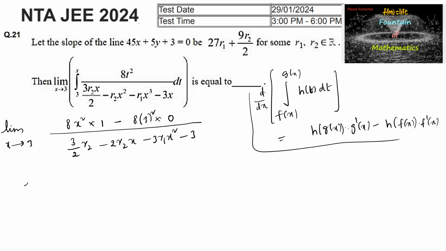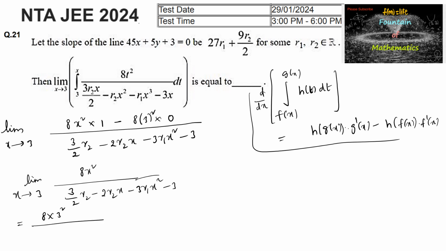so that the numerator can be taken as limit x tends to 3 of 8x square divided by, and here we can simplify r2. Now let us not simplify. So here 3 by 2 r2 minus 2 times r2x minus 3 r1 x square minus 3. Now let us apply the limit here. x tends to 3. So we can write 8 into 3 square divided by 3 by 2 into r2 minus 2 into r2 into 3 minus 3 into r1 into x square, that is 3 square, minus 3,